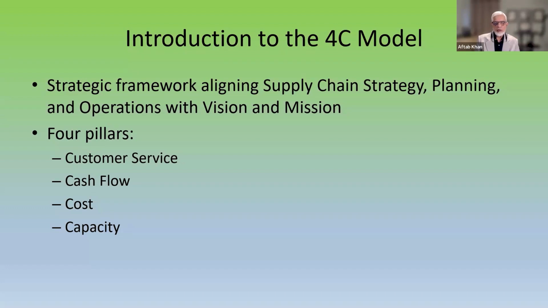So the 4 pillars are, what are the 4 pillars? And they're in that order. Customer service, top priority. Cash flow, second. Cost, third. And capacity, the last one. Now, the order does not mean that one is more important than the other, because you need cash flow, you need to control costs, you need capacity. The sequence is meant to identify what we need to secure first of all, in the sense of timing, right? Order, in the sense of order.